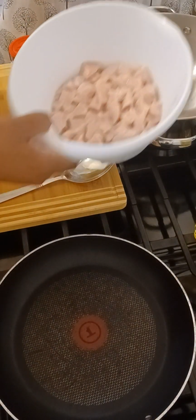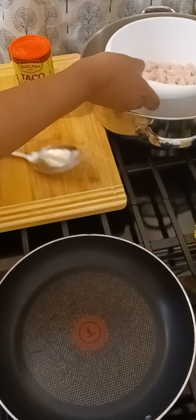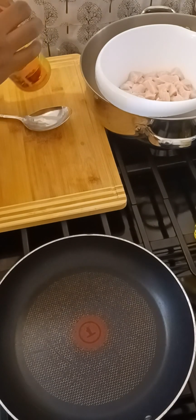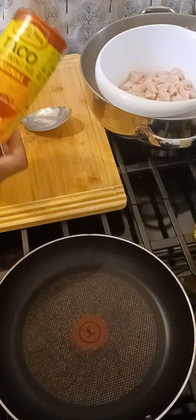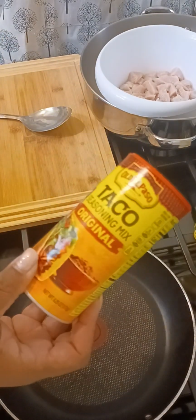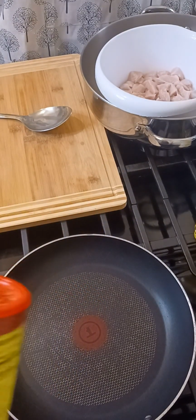These are going to be chicken quesadillas, and okay, we're going to start by adding some of the taco seasoning. I get a large taco seasoning, the original flavor. Okay, that's how that looks like. I'm heating up a pan